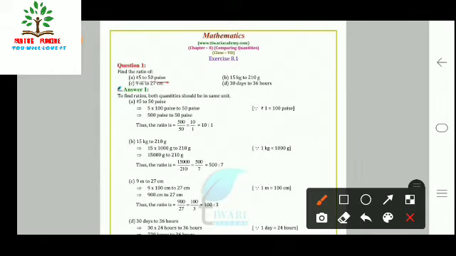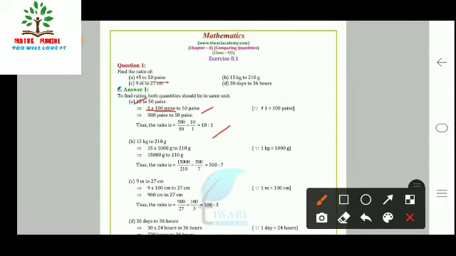So first we are converting rupees 5 into paisa. Multiplying this 5 by 100, so converting into paisa. Now we have 500 paisa to 50 paisa. When we have to find the ratio, we'll write here 500 upon 50, that is 10 upon 1, 10:1 is the answer. In the same way we have to keep in mind, for example, in the second part, in the B part, we can see 15 kg to 210 grams.